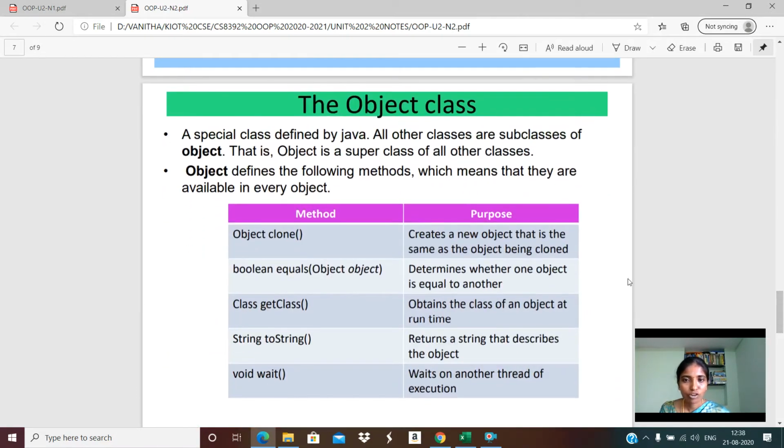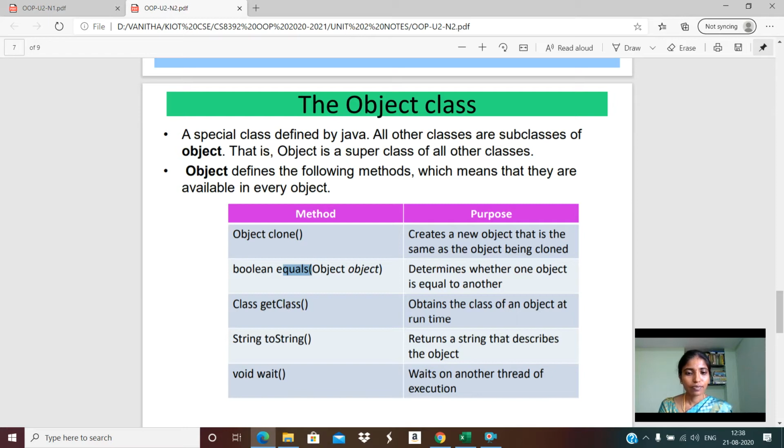The next topic is the Object class. In Java, Object is a special class. When we create any object, all the classes are subclasses of this Object class. It contains some predefined methods like clone, which creates a new object of the same type, and the equals method, which is used to compare object values.